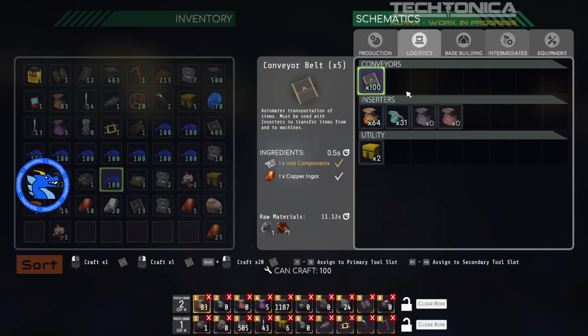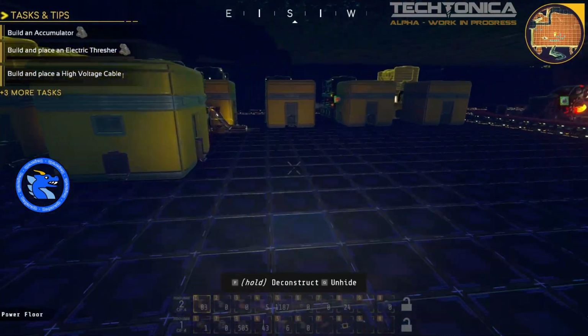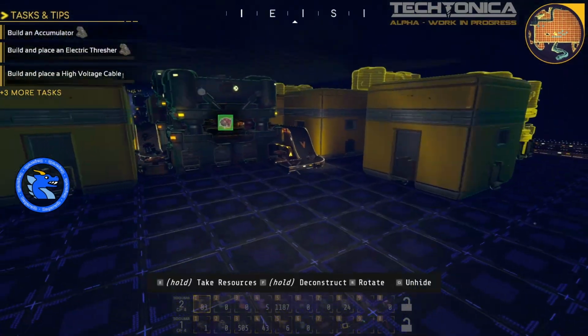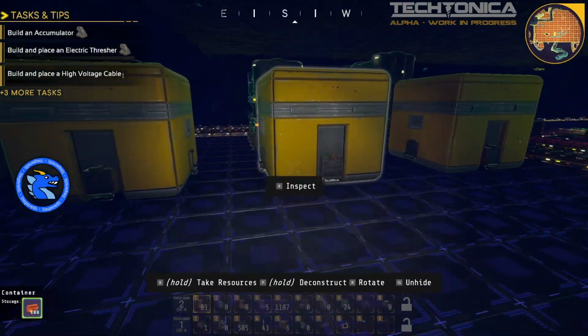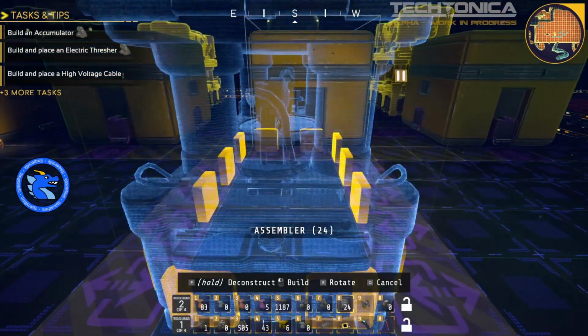Let's see what we need for these assemblers. So assemblers come off copper components. So we're just going to build it along the copper component line for the moment. And that also needs mechanical components. So we can bring them across as well. And we will use a fast one so it feeds both of them. Both of them running at one speed. Good. So we want to put you in...